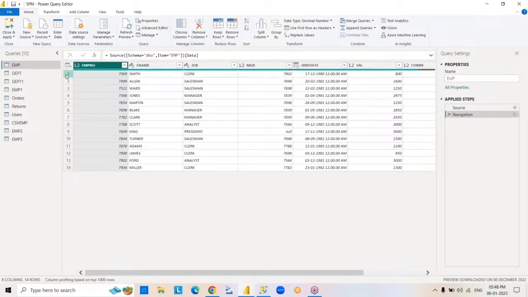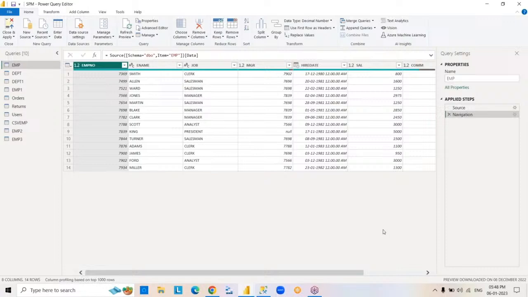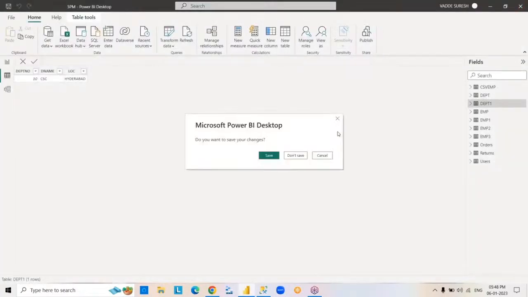Okay? So based on column name, based on row number, also we are going to perform some transformations that we will see in tomorrow's class. Practice these things for today. And coming to next scenario,